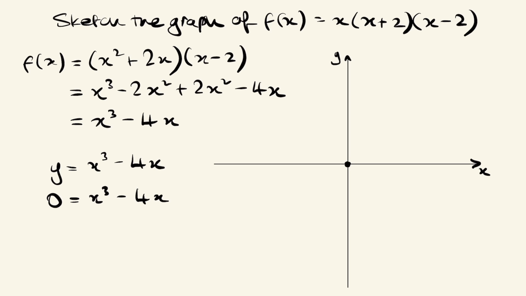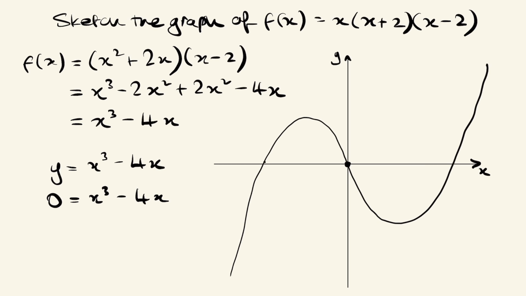The other things to observe are, what we've got here is a cubic graph. This power here is odd. So we know we've got a corner to corner type graph. And the number in front, the coefficient of x cubed, is a positive number. Clearly here it's positive 1. So that means it is corner to corner. We know that already, but it's going from bottom left to top right because it's positive. So we've got a graph that's doing something like,